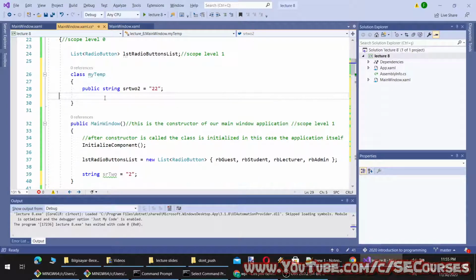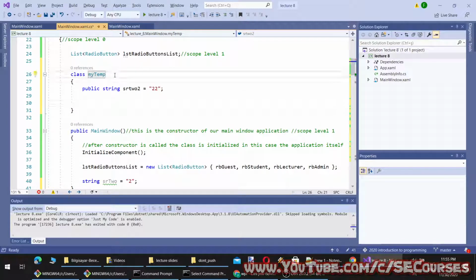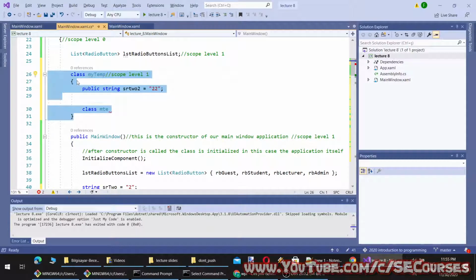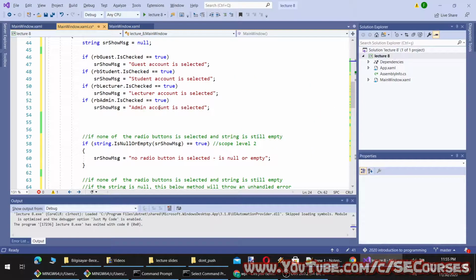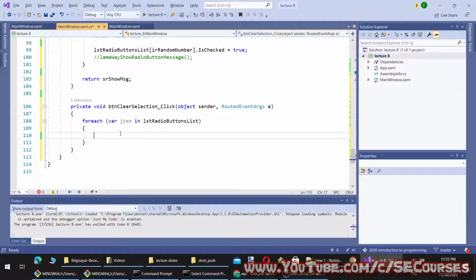And now inside this is scope level 1. I can define another class. Okay, not to get confused, I'm going to delete this. You will understand it as you use it. And so this will be radio button and is checked equal to false.